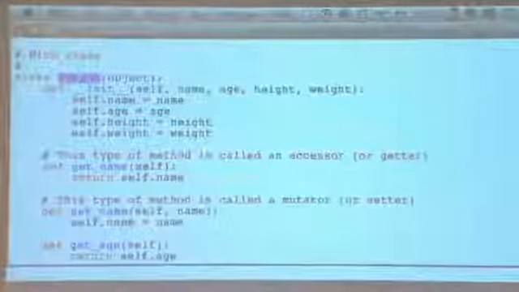All init does is it says, when I get a new person object, Python automatically calls init with whatever parameters are specified and tells the object to make attributes or to set itself up. So in this case,